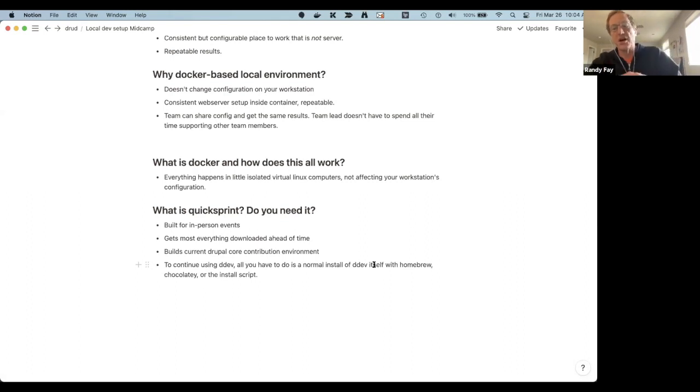Remove that and install it in the normal way, which is usually Homebrew or Chocolatey. Actually on Windows, you can just switch to Chocolatey, say choco install DDEV, and it'll be right there. So, okay, any questions before we go forward?